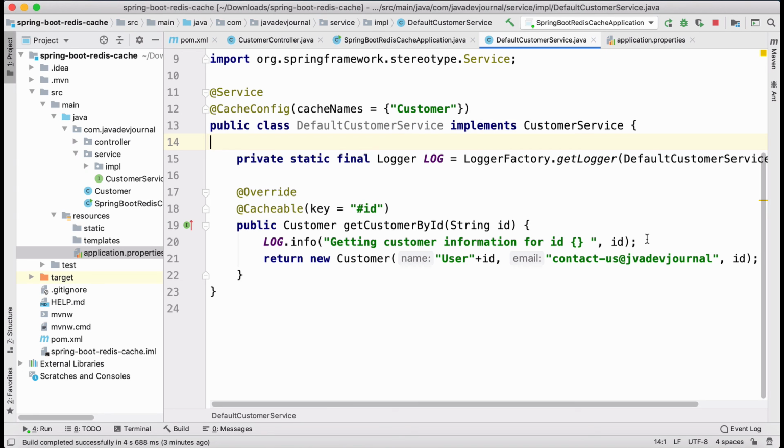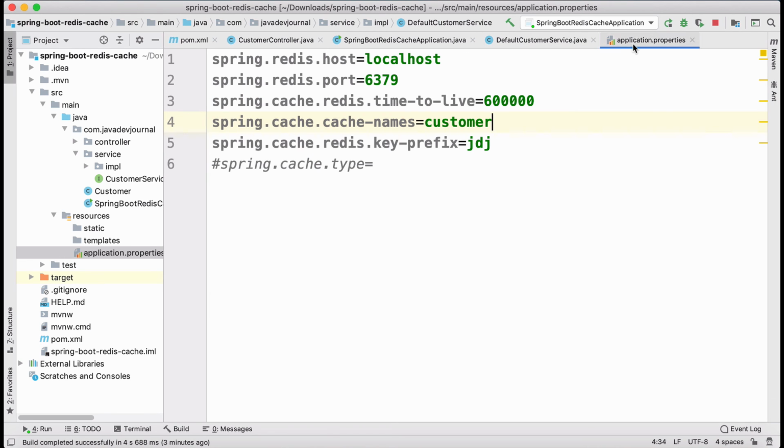If you want more flexibility, or more control over how the entire setup is done, you can always customize the cache manager and provide your own Redis cache manager with all your custom configuration. I'm not going to get into detail in this tutorial, but in the next one I'm going to give you an overview.